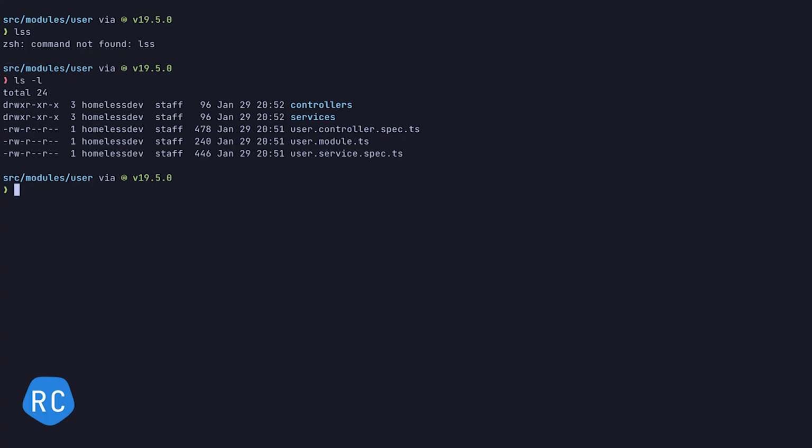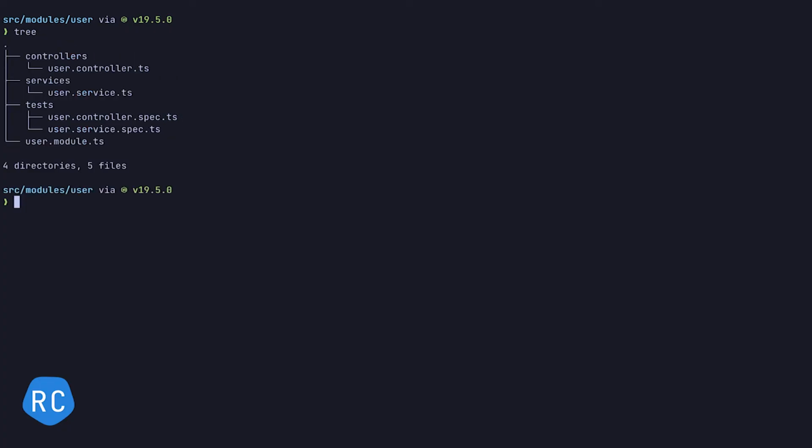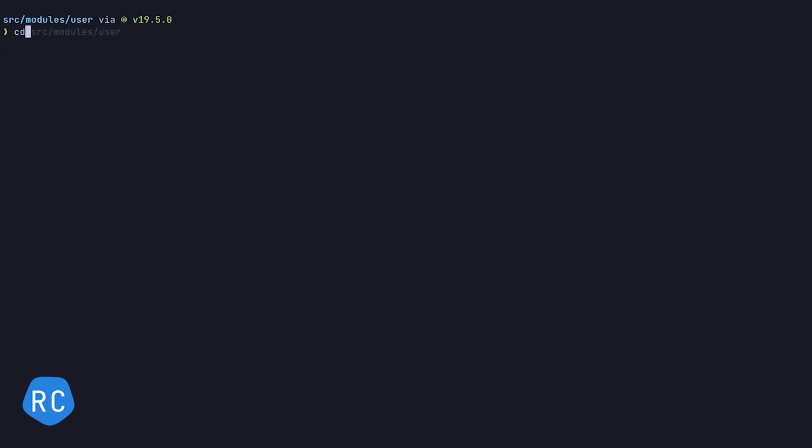And then as you can see, we have these two test files, which I'll move to a tests directory. So I'll create one, and then I'll move user.service.spec to tests, and also the user.controller.spec to tests. Okay, now we have to create our model. So I'll create a new directory for our models, and then I will go there and I will create a new model, which I will name